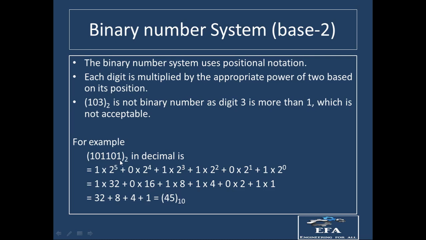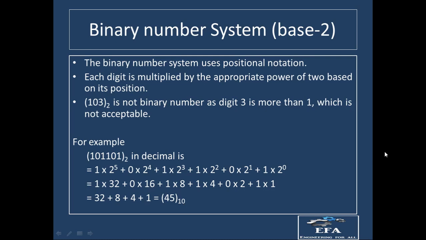You can see over here, 1 0 1 1 0 1 in binary can be represented in decimal form by this formula. This 1 is multiplied by 2 power 0, this 0 is multiplied by 2 power 1, 1 is multiplied by 2 power 2, 1 again is multiplied by 2 power 3, 0 is multiplied by 2 power 4, and 1 by 2 power 5. After calculating all these multiplications, we come up with the result that it is equal to 45 in decimal.